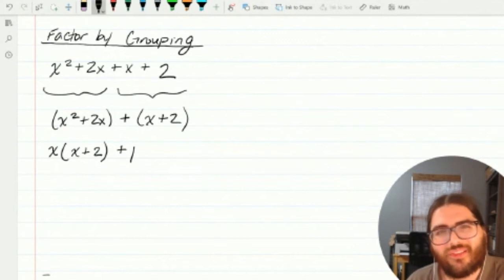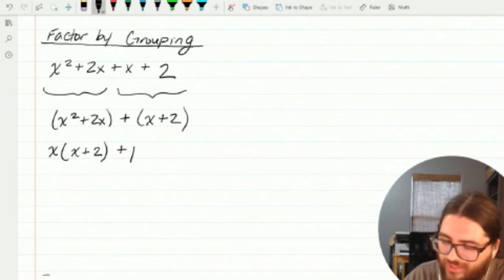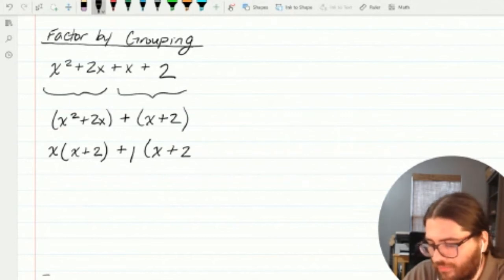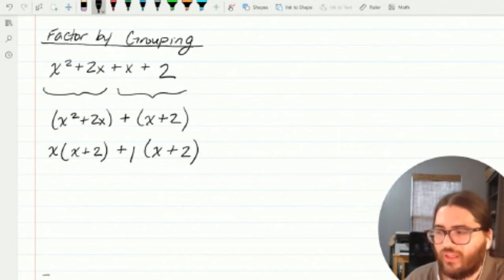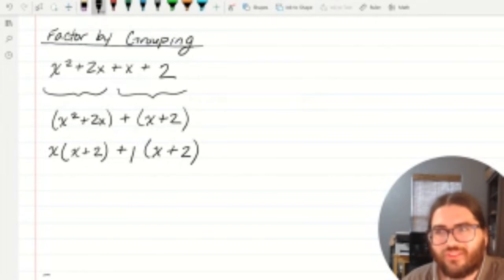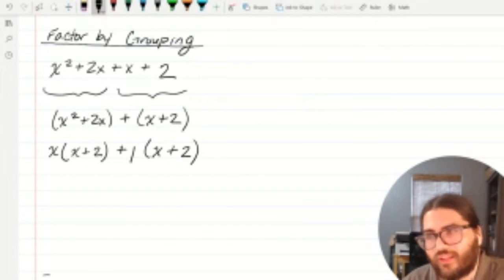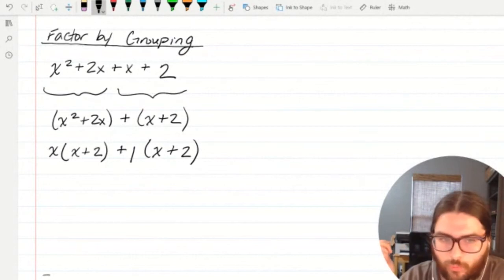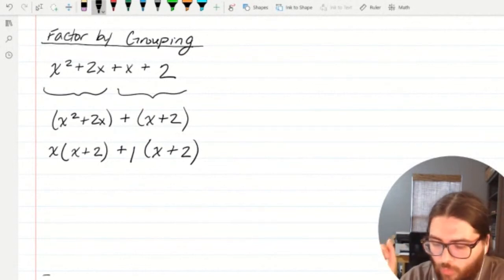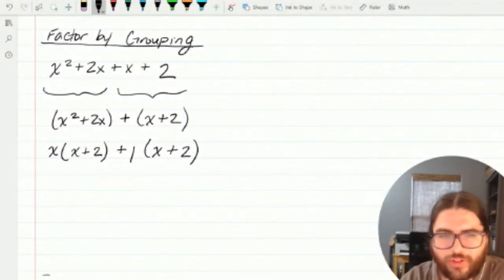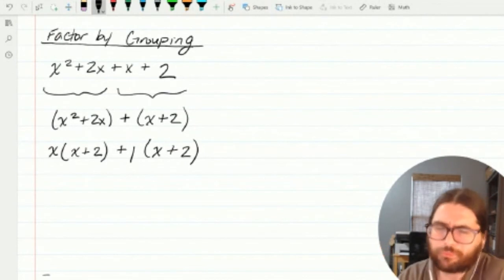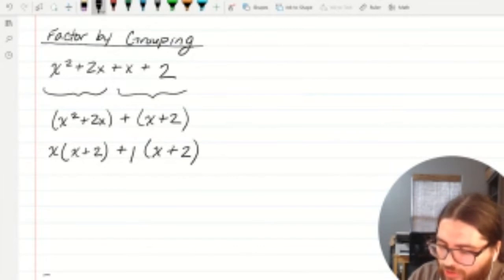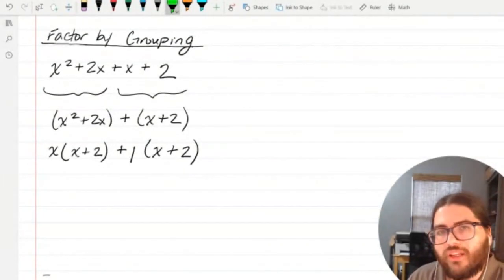I know that's kind of silly, right? Because anything times 1 is itself. 1 times x is x. 1 times 2, 2. And it seems a little silly to write this as 1 times x plus 2. You'll see why in just a moment. I will always write it with that 1 there, right? Some people will say, you don't really need that 1, professor, and they're not wrong. But if you don't write the 1, I think it's a little bit harder to see what's coming up,